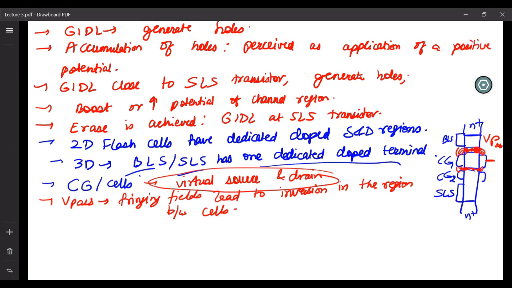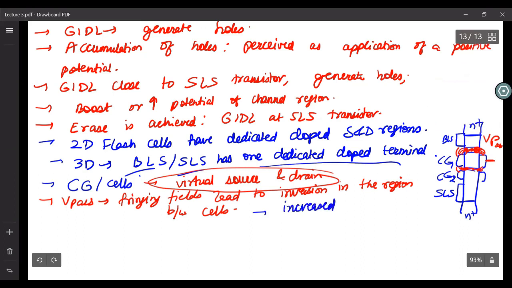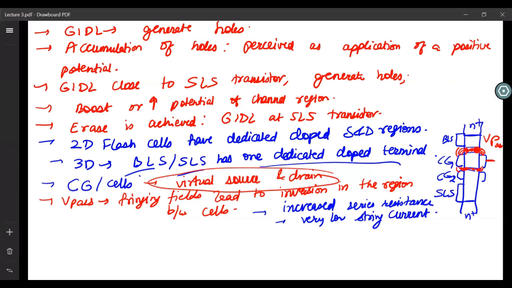If there were no fringing fields, if there were no spacer between the control gates, there would be no virtual source and drain regions, and then there would have been a very increased series resistance, and that would have led to very low string current. So this was about the virtual source and drain region creation.